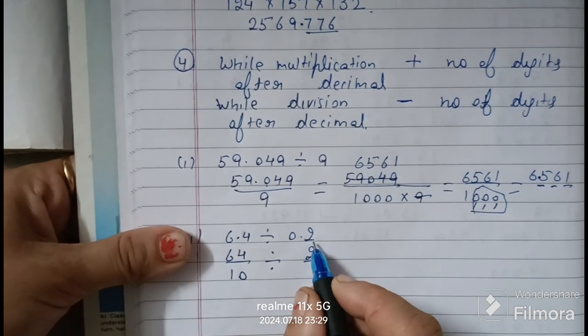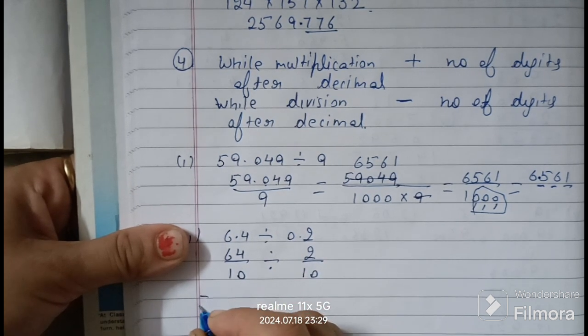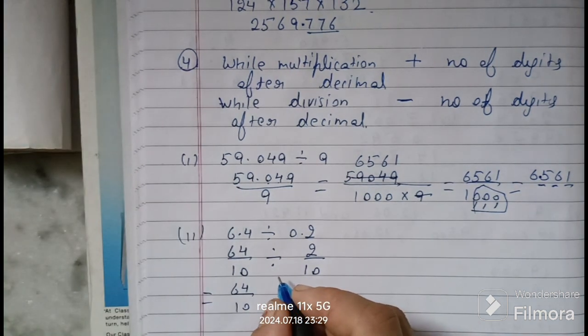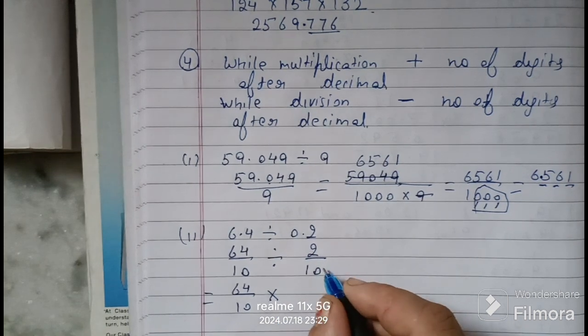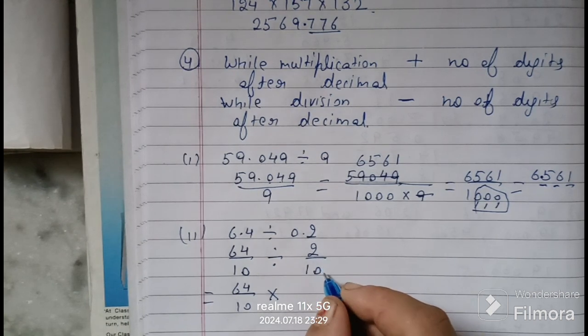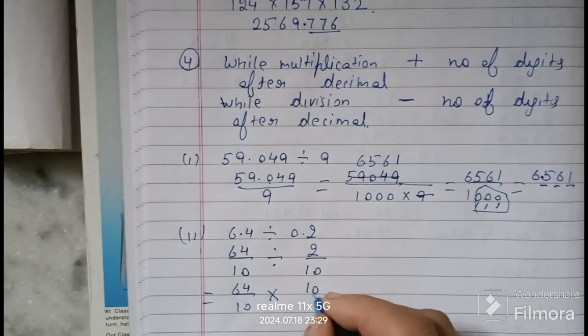Okay. So we already know that while we are changing the sign of division into the multiplication sign, I have to take the reciprocal of the second number. So what is the reciprocal of 2 by 10? What is a reciprocal? Its inverse. The numerator is converted into the denominator, and the denominator is converted into the numerator, vice versa. That is 10 by 2, because here it was 2 by 10. So I'm replacing the numerator and denominator, so it becomes 10 by 2.